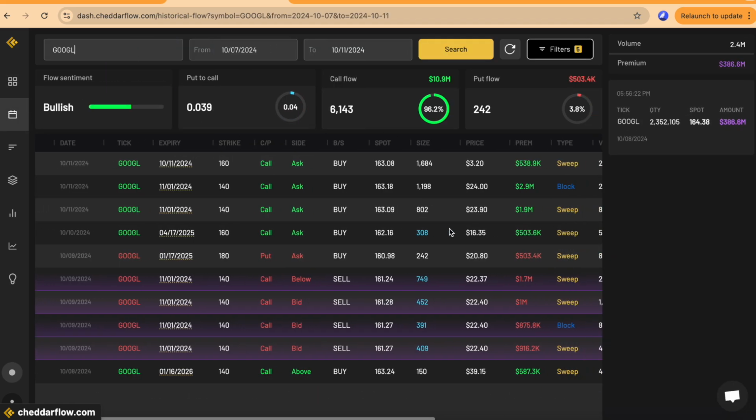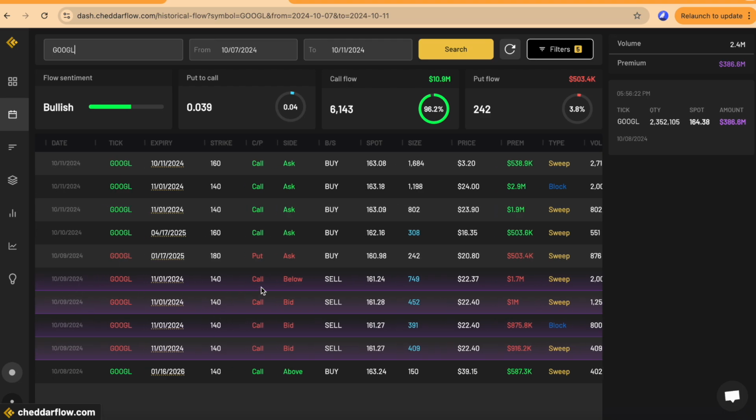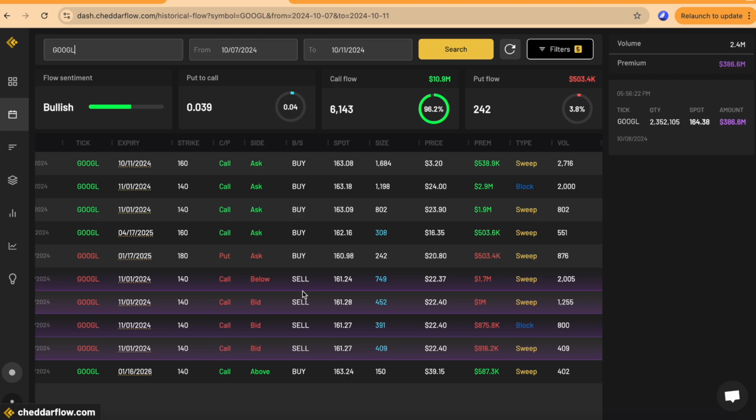But I'll just show you here. We had a lot of call sell orders earlier on in the week on October 9th. So these are part of a hedge strategy. These are not necessarily directional in nature, just because these are pretty far in the money. Very rare you'd see a whale sell naked calls this deep in the money